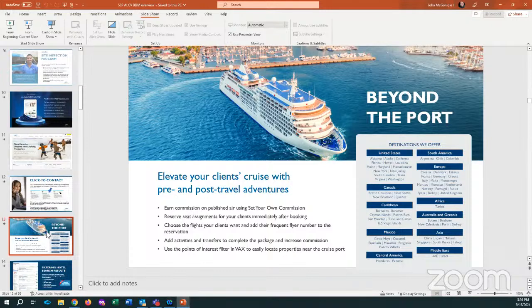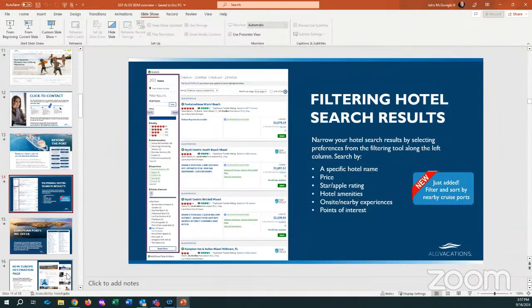Well, that's all fine and good, but cruise lines are in the business of selling cabins, not hotel rooms, not airfare. So while they may have a few suggested touring things to do while they're on the ground pre and post, whether it's domestically and outside of Miami, Florida, or Cape Canaveral, or Amsterdam, or Paris or Rome, wherever the case may be, that has a port, we want to be able to provide you guys with a lot more information about ports pre and post where you're going to find information and how to search it.